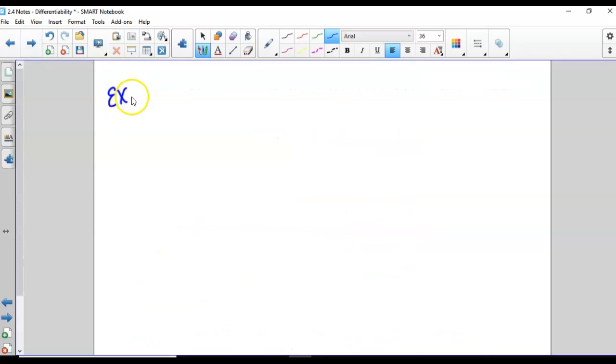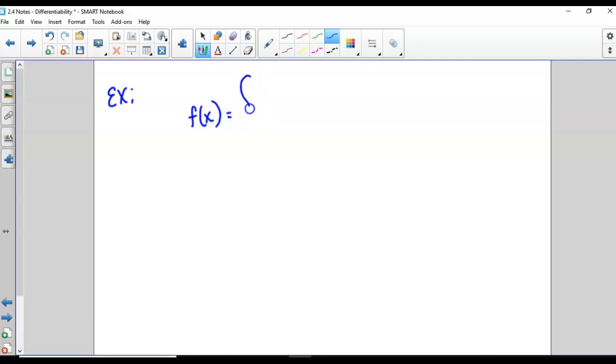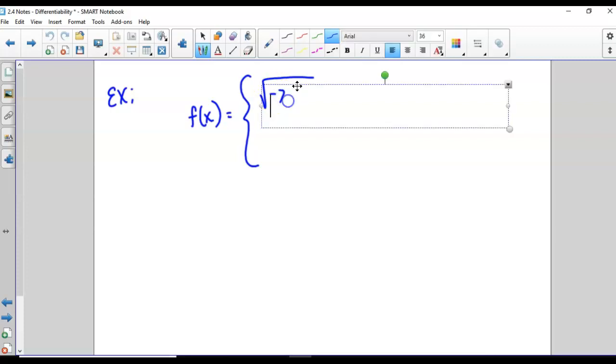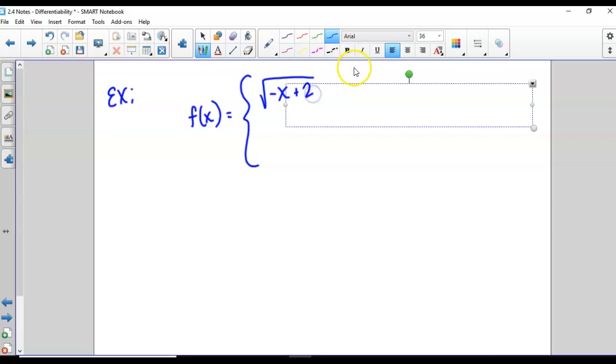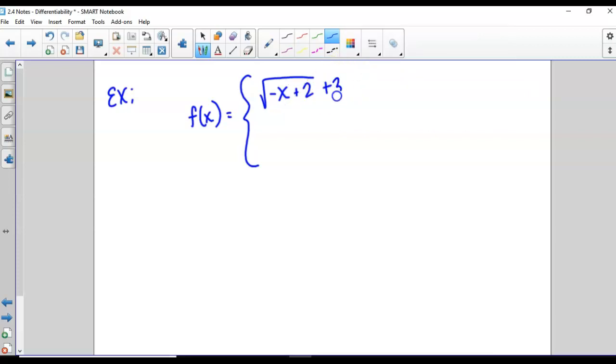I haven't been numbering them anyway, we'll just call it example. f of x equals, for x less than or equal to negative 2, and let's do